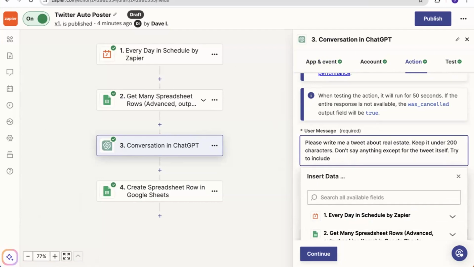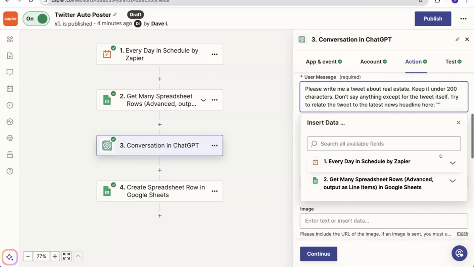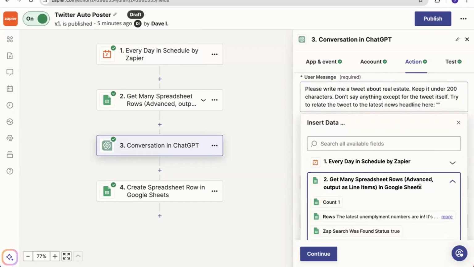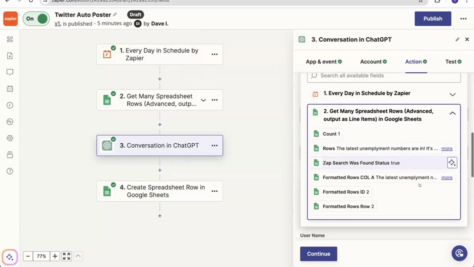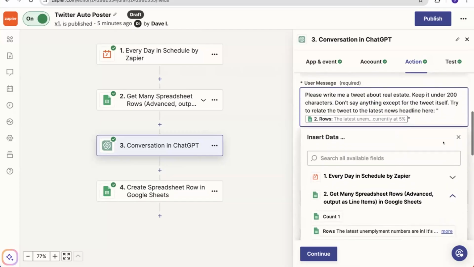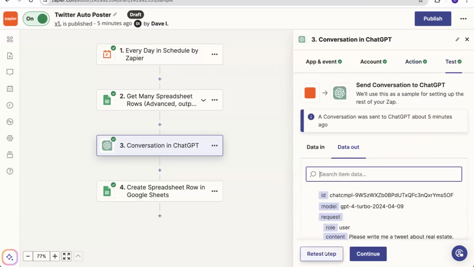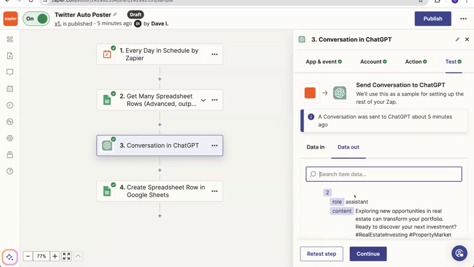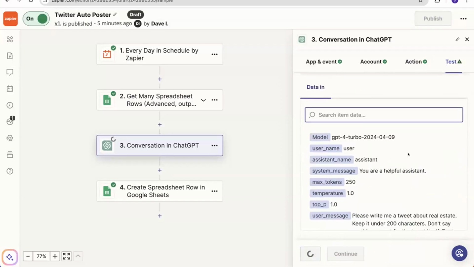So I'll say something like, try to relate the tweet to the latest news headline here. And then in quotes, so I just put 2 quotes here, and then I'm going to move the cursor in between the quotes. And then under insert data on the second step where it says get many spreadsheet rows, I'm going to click on that. Let's try clicking on this first row right here. Again, this is a very simplified example, but if I click on this now and I click continue under test, I'm going to click on retest step. Let's see what it gives me now